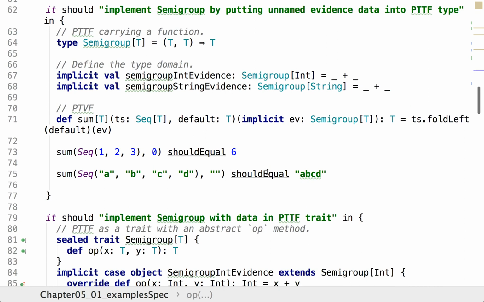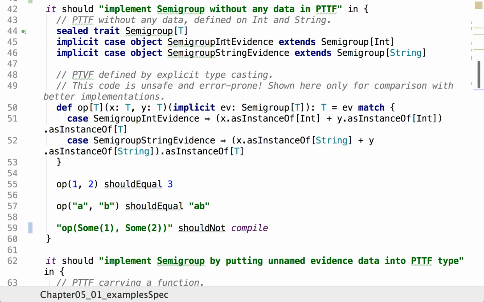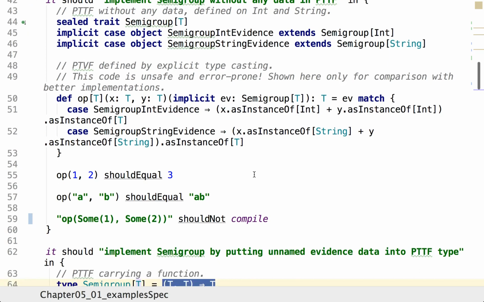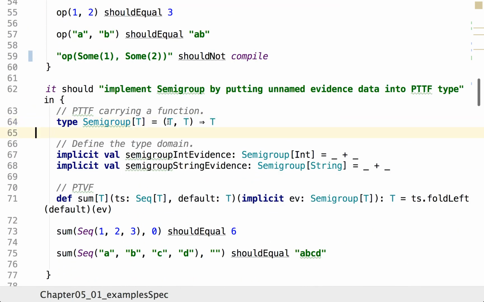We again implement semigroup, again for int and string. Now, the partial type-to-type function, in our case, is not going to be a sealed trait. It's just going to be a type function, which we define, and it's going to carry this data. So actually, you see, what we need is to combine these two elements, and that's very natural to put that information directly onto the type constructor. So now